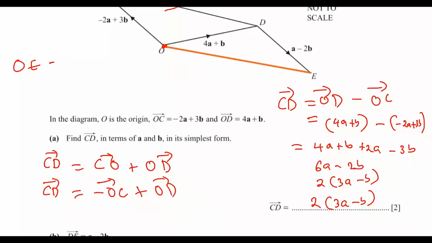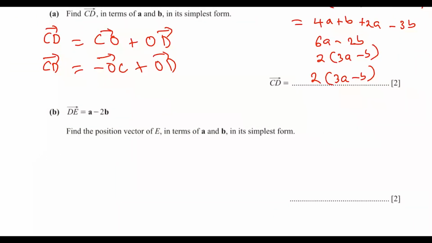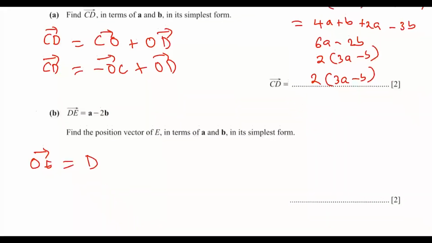So that means we have to start from O, then we come to D, then from D we come to E. So OE will be equal to OD, you can show the arrow here, plus DE. So that is what we'll get there. So let's scroll down and write here. So OE will be equal to OD plus